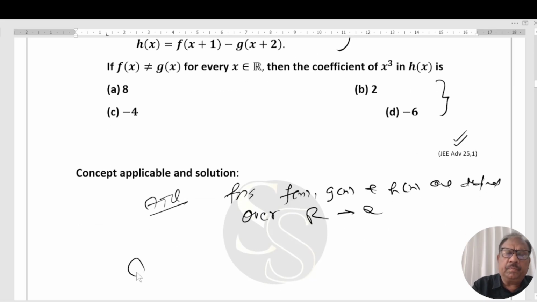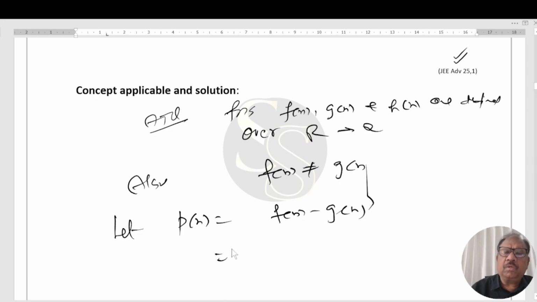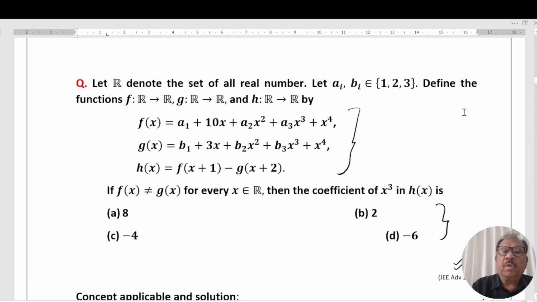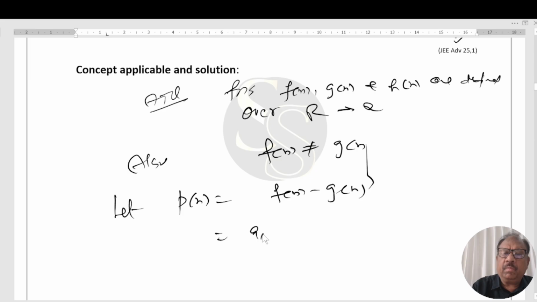Also, f(x) not equal to g(x). Let p(x) equal to f(x) minus g(x). p(x) equal to f(x) minus g(x) means this minus this. a1 minus b1,